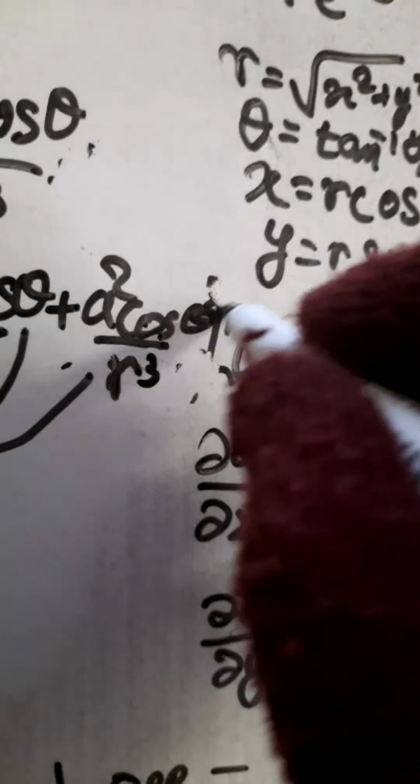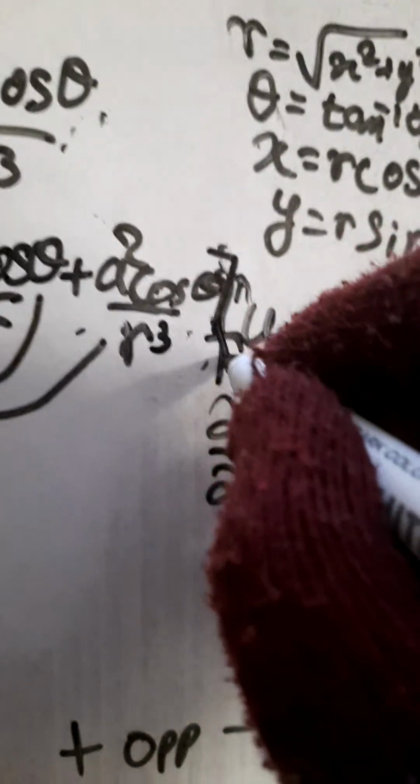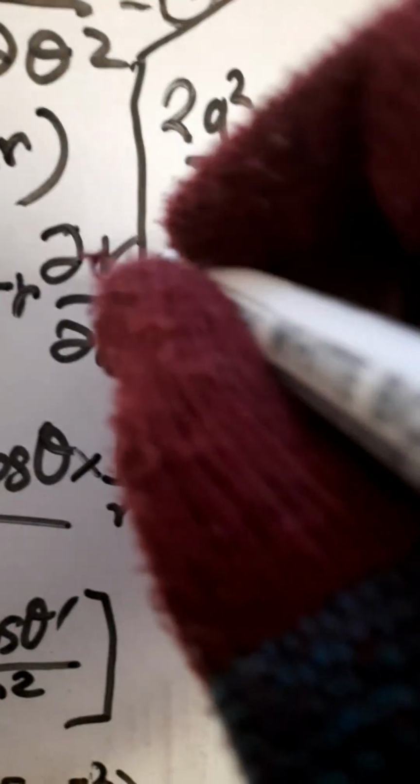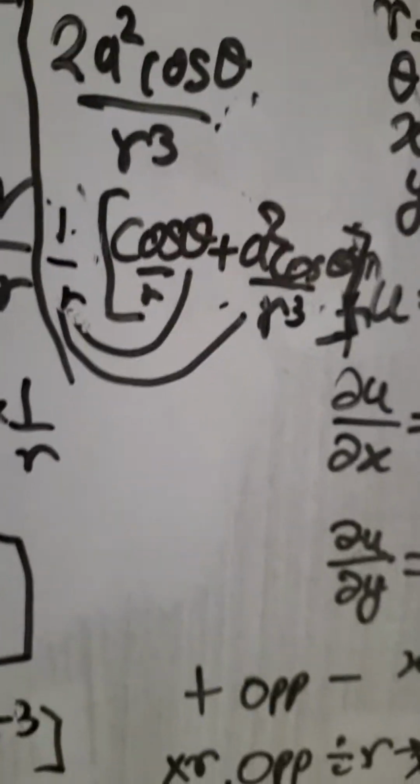Wait a second, I guess I erased something. No, this was just braces. Now let's say, yeah, this is like this. So now what happened is this is the second term we found out. Now plus 1 by r square